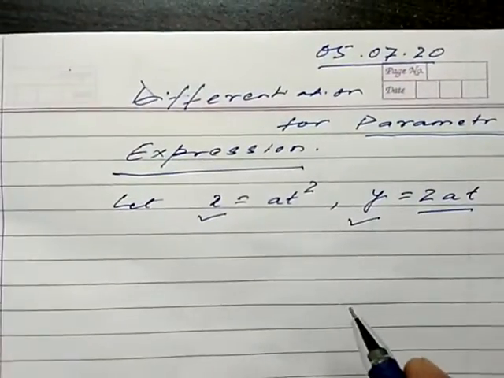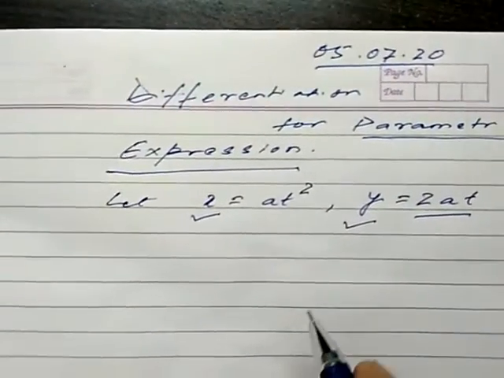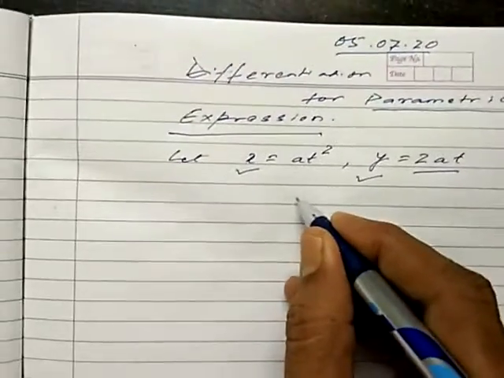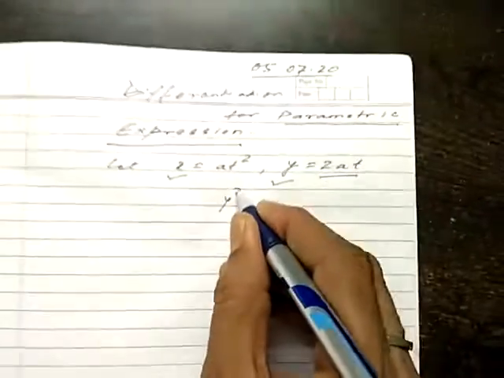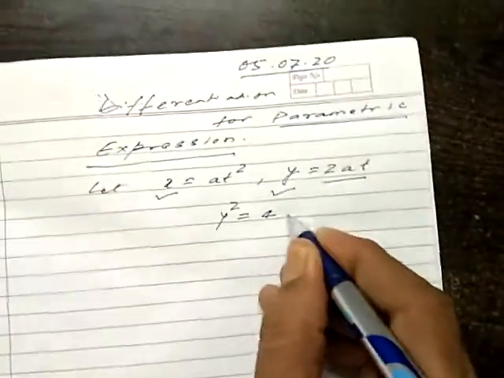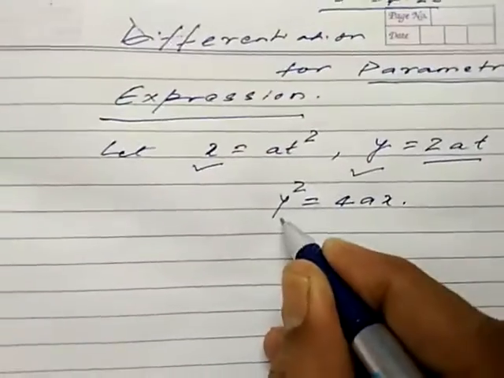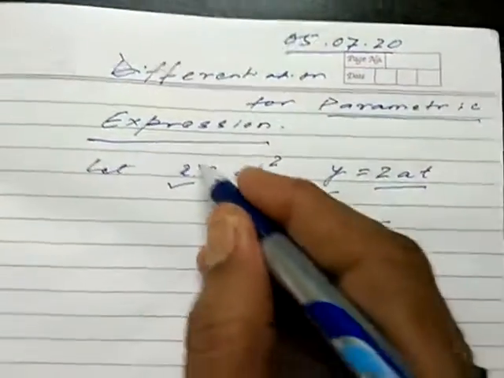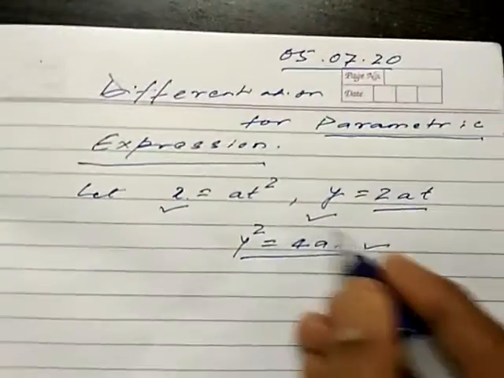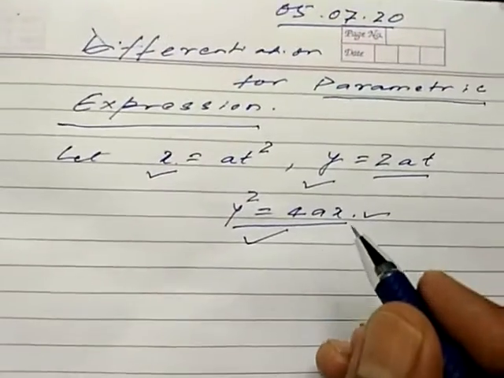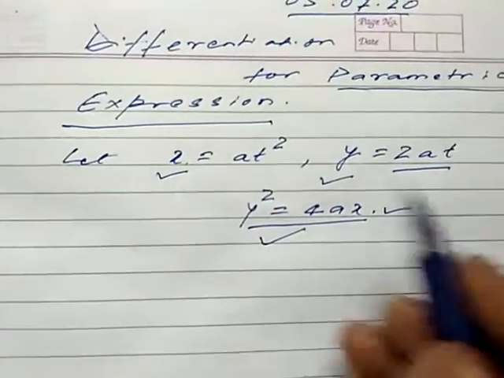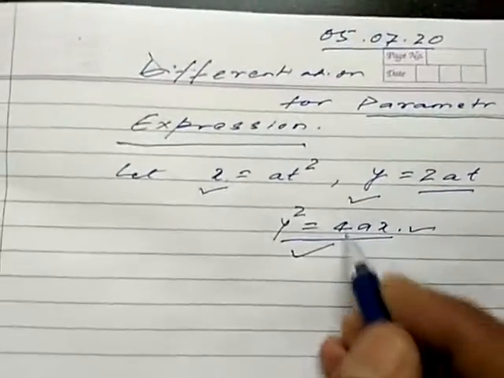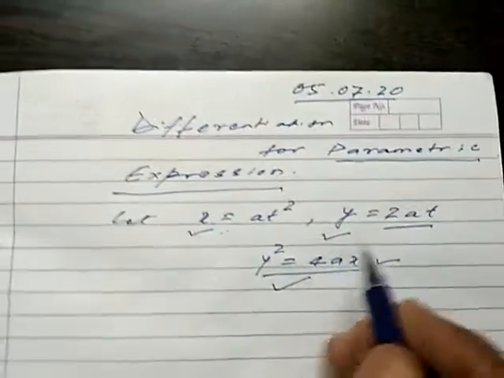Now, how will we differentiate it? And why can we represent x and y in terms of this third variable? Suppose I am writing here y square is equal to 4ax. This is the parabola. This is the formula equation for a parabola. When we put these values of x and y, this one will be satisfied. So, for the representation, we are doing so. But our motive is not to go with the representation. Our motive is how to differentiate it.